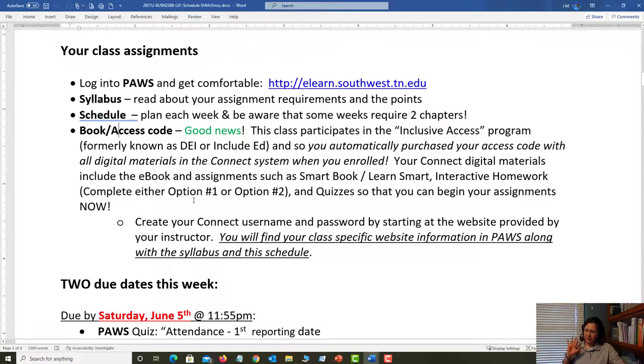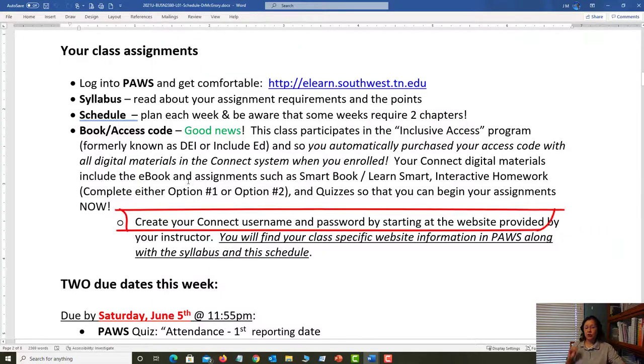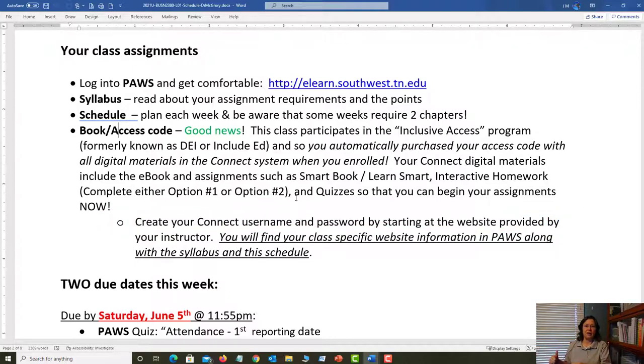And we're going to walk through these assignments. Now, I'm going to ask you in this first week to go ahead and create your username in the Connect system because you have already paid for it. And when you do that, I really want to emphasize this. You need to start at the link that I provide for you, even if you have been using Connect for many semesters. The reason is, if you just go to a Connect website and log in, you're not going to be able to tell Connect, hey, now I have access to this course over here.